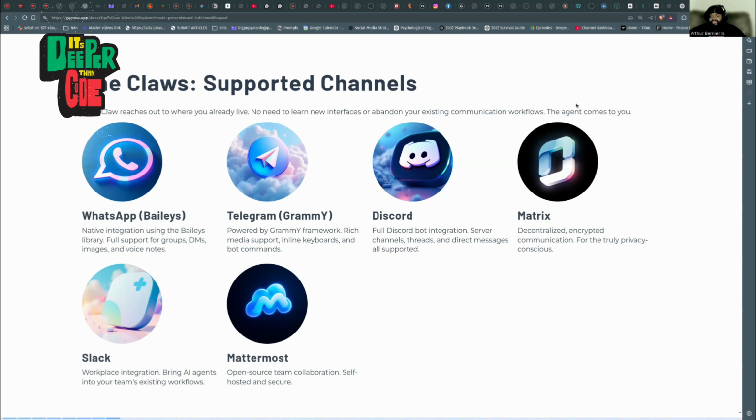Basically, anything where you can use your existing communication workflow to speak with the bot and give it instructions, because you need some mechanism to talk to it. Otherwise, it just ends up floating around. When you have some way to communicate with the bot, then you're able to give it commands and stuff like that.